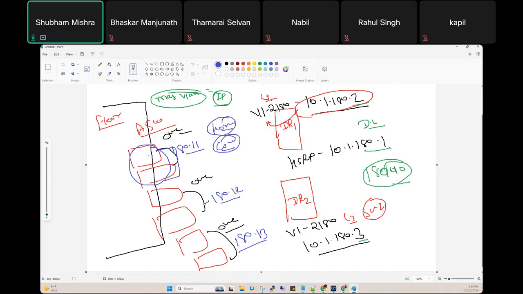And generally, management VLAN is the VLAN by which you can manage the switch. For example, in real time, if you delete the management VLAN, unfortunately, the company will fire you immediately. Why? Because if you delete the management VLAN, it means no one is able to access the switch remotely. It means you need to check the switch physically.